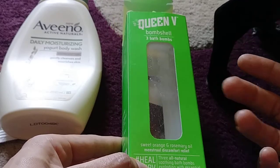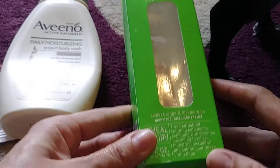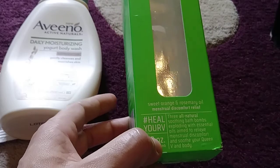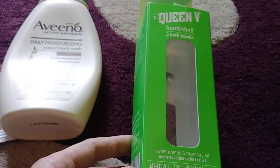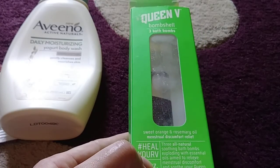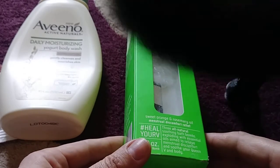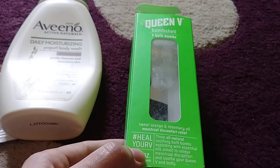Let me try it. And then I saw Queen V, and I'm like, wait a minute, V? Does that stand for something? And sure enough, it says menstrual discomfort relief. I thought, oh, that's interesting. I bought them anyway. I didn't use them at any particular time of the month. They were fun because they were fizzy when you put them in the tub, but other than being fizzy and smelling nice, I didn't see really any...